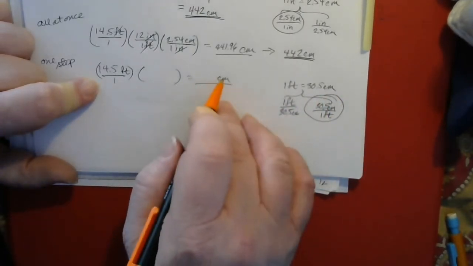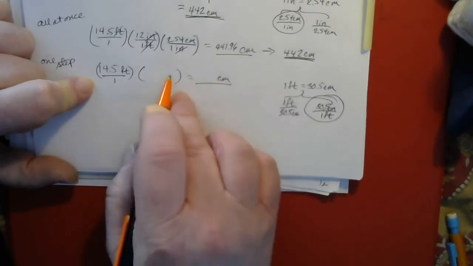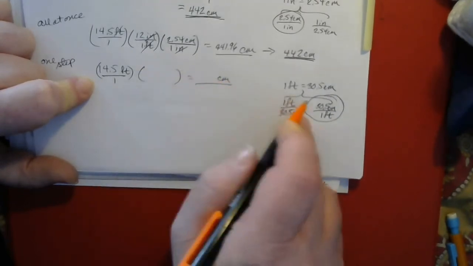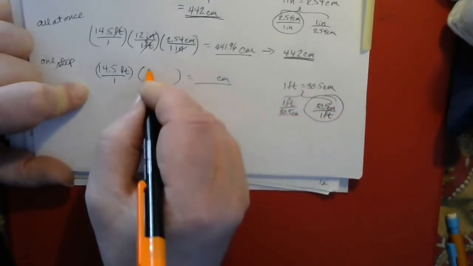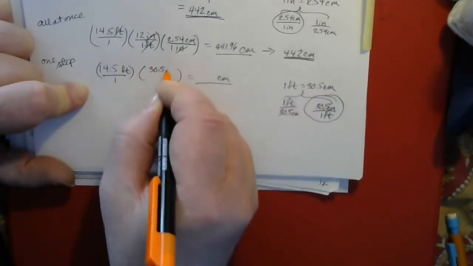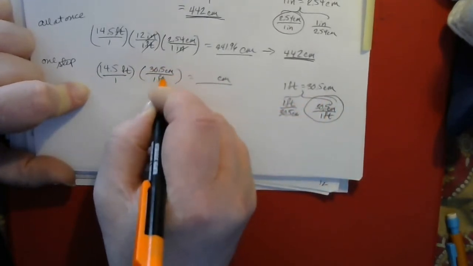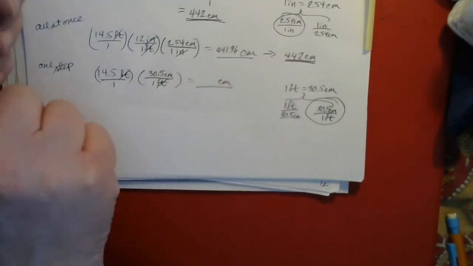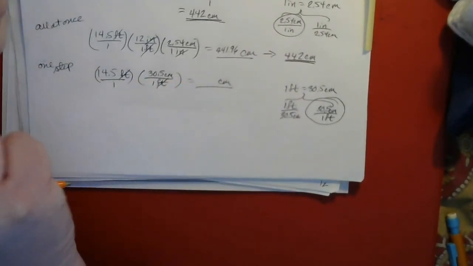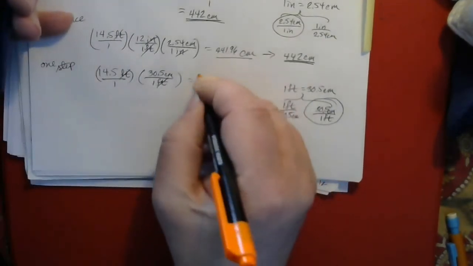We also want centimeters to be in the numerator of the conversion factor, and there are centimeters in the numerator. So yes, it's definitely the second one. And so we end up with 30.5 centimeters per foot. You notice feet will cancel, and we end up with centimeters as the unit. When we take 14.5 times 30.5, we get